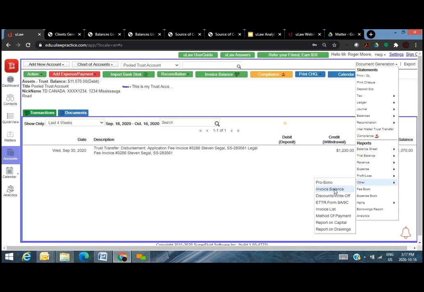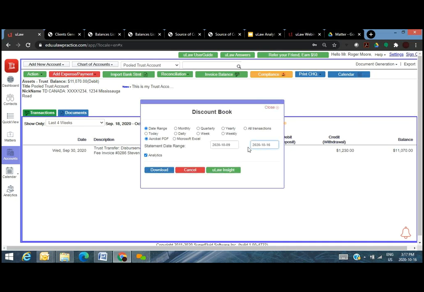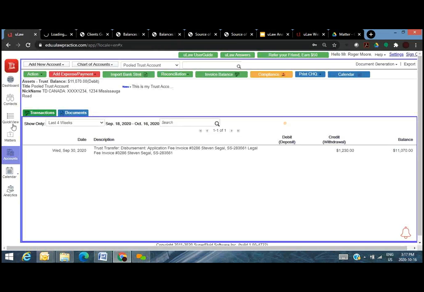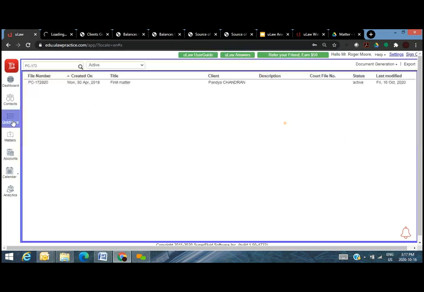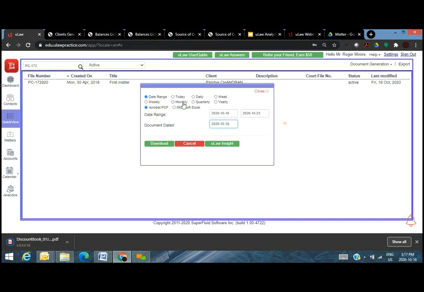Okay. Yeah, we do have discounts. So if you want to understand for this entire year, how much of write-off or discounts you've done as a business. We have insight to that. We have insights under almost every menu option. So if you want to know work in progress for this month,